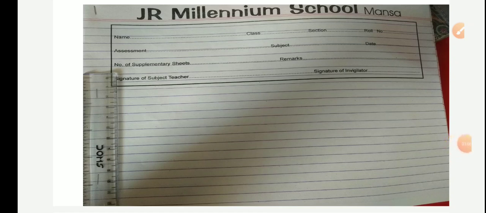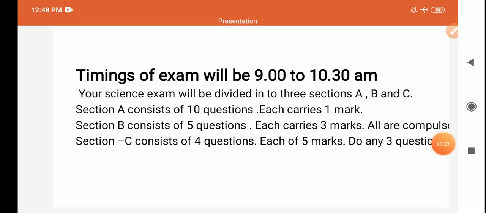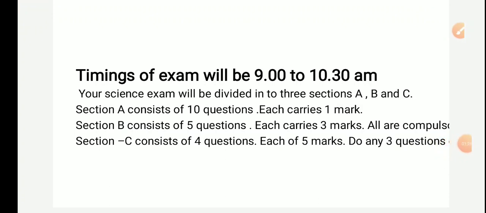After that, take your scale and with the help of the scale draw scale-size margins on both the sides of this answer sheet. Yes, like this, as it is shown in the picture. Draw the margins on both sides with the help of a pencil. Fine. After that, open the question paper from the YOLO app that is being sent by your teacher.